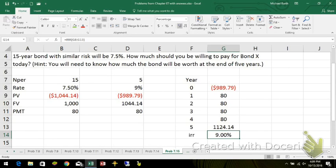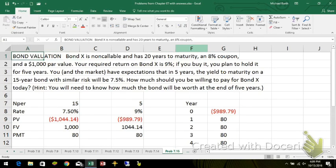Okay? So investors, when they're out there doing bond pricing, they have a holding period that they expect to hold bonds for. The price of bonds, like the price of common stock, goes up and down all the time. Okay, so prices move up and down. If you make these assumptions,